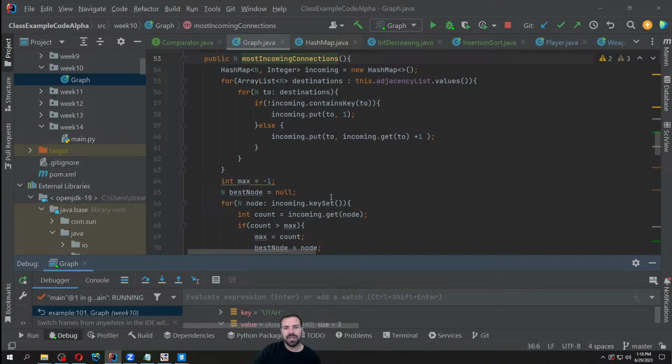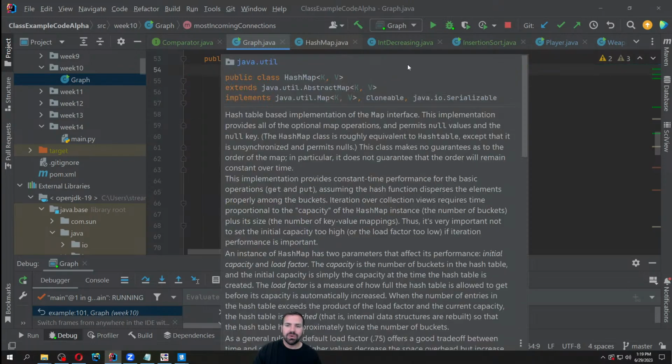So how would we find the most incoming edges? For that, we have to go through our whole adjacency list and count the number of times that a node appears as the destination, as the 2 of an edge. So we're going to go through every array list in there. So we're going through just the values of the hash map. We don't actually care about the keys. We don't care about what node we're coming from. We just care about the destination of each edge. So we're counting the number of times that a node is a destination. We're going to store that value